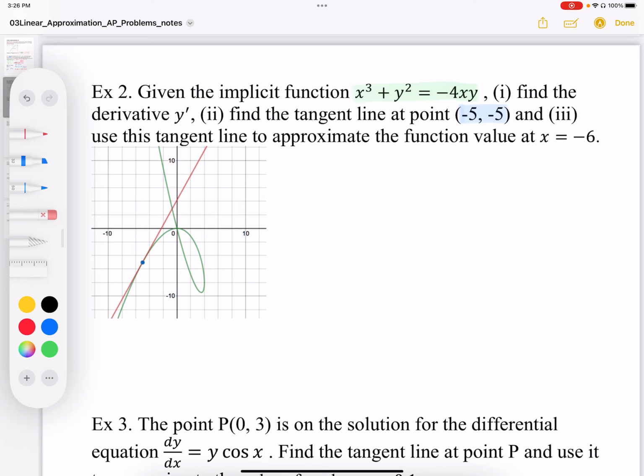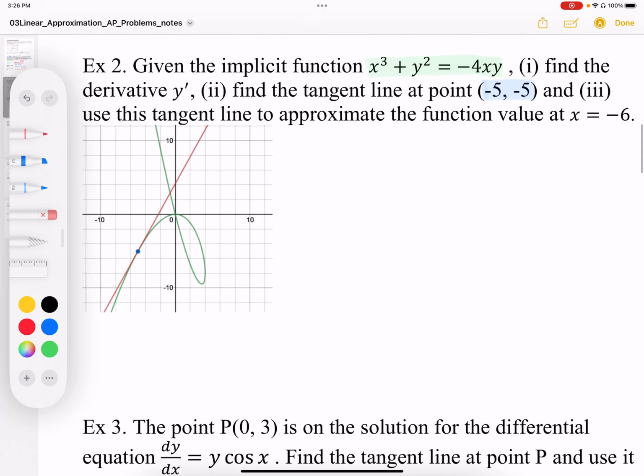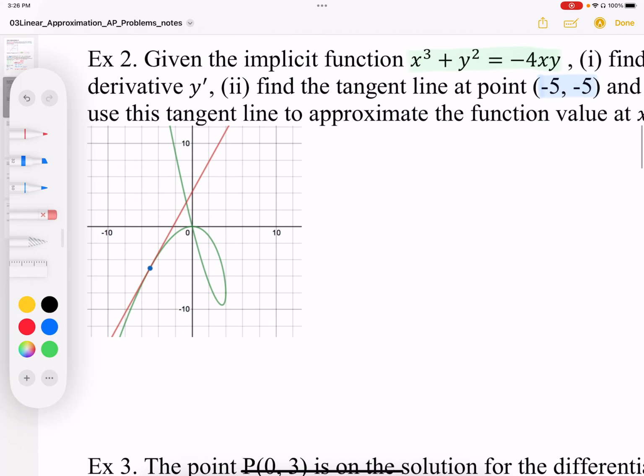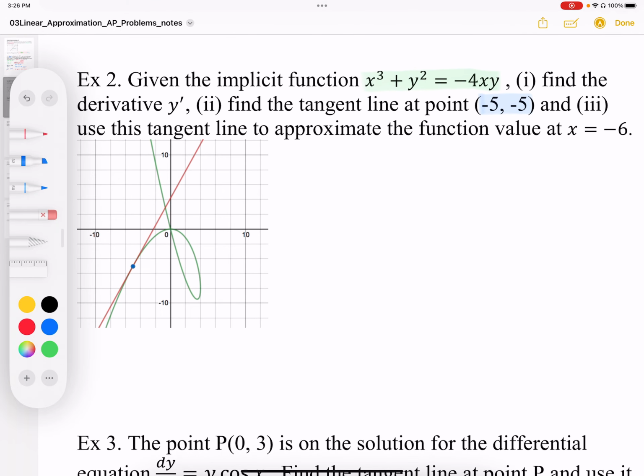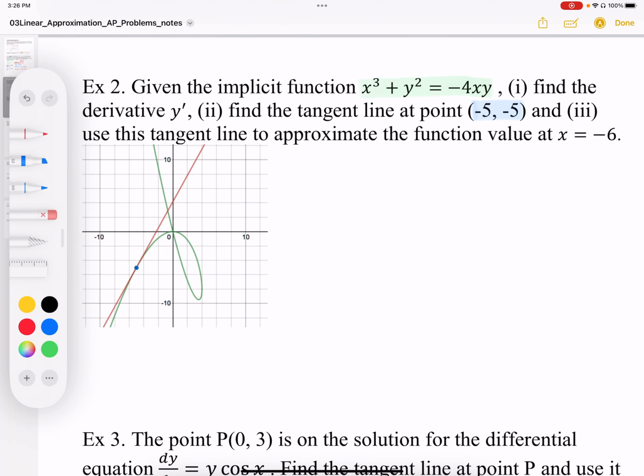Given the implicit function x cubed plus y squared equals negative 4xy, that function's been drawn over here to the left in green. What we're going to do is find the derivative, and using that derivative, we're going to find the tangent line at negative 5, negative 5. So that blue dot is negative 5, negative 5, and the red tangent line is the one we're going to use. We're going to end up using this tangent line to approximate a point close to negative 5